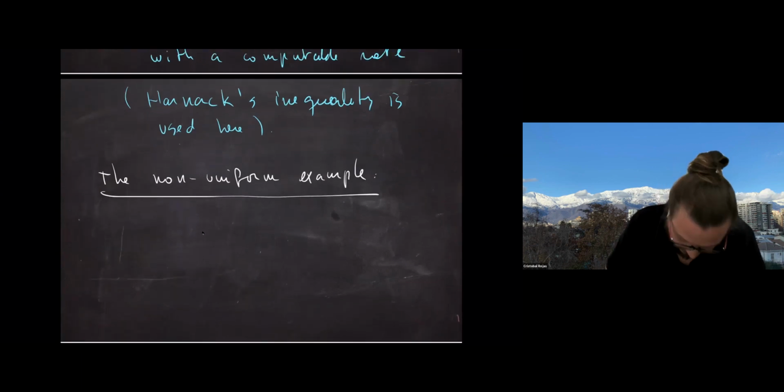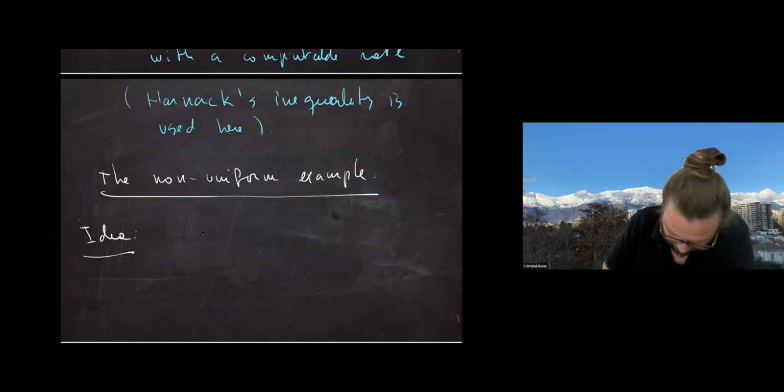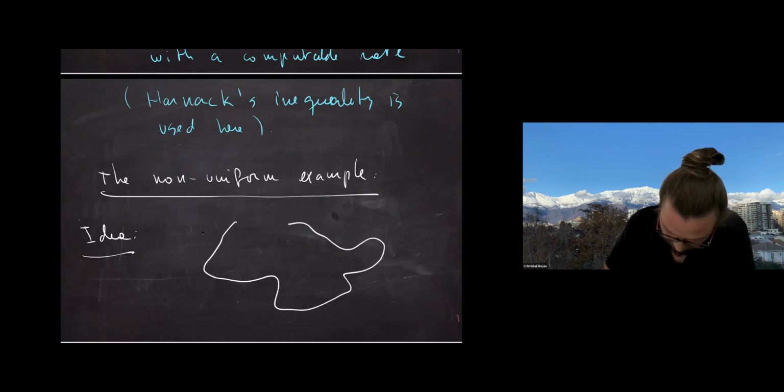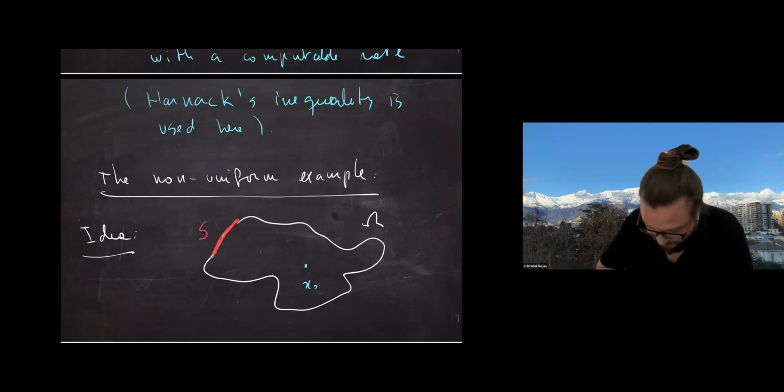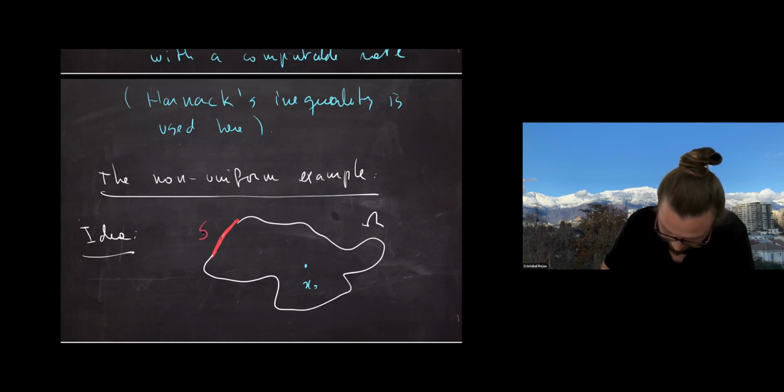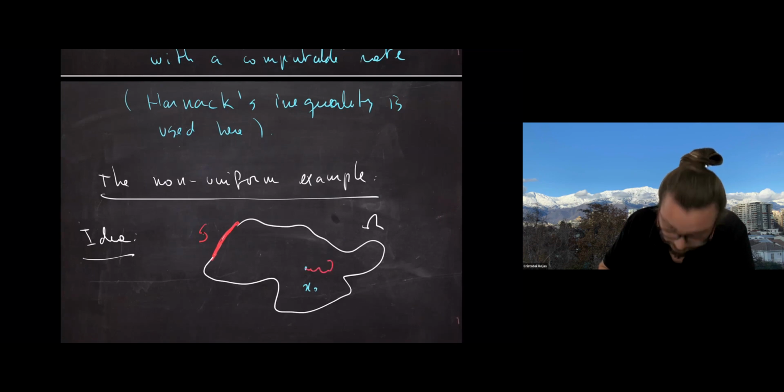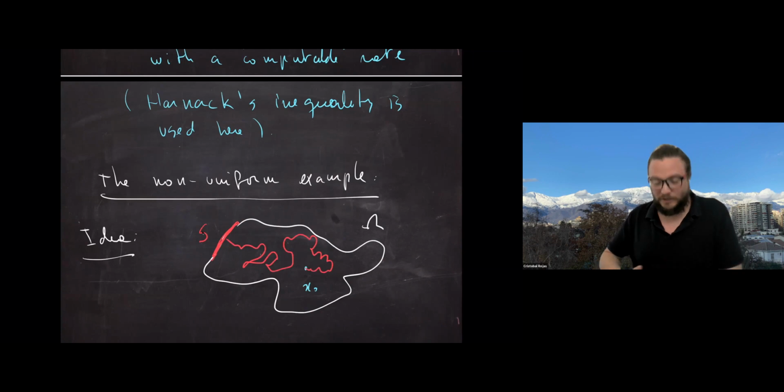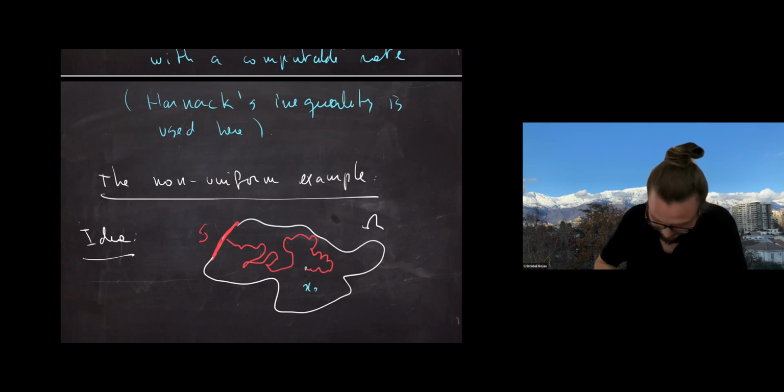So, okay, there's also an idea here which is behind the construction. We assume there is some domain again, omega, and we have some point x0, and let's suppose that we are looking at the probability that Brownian motion exits that way. So I don't know, it does something like this. Imagine that this one, we got lucky and it went through S. Okay, and so this S has a certain probability.